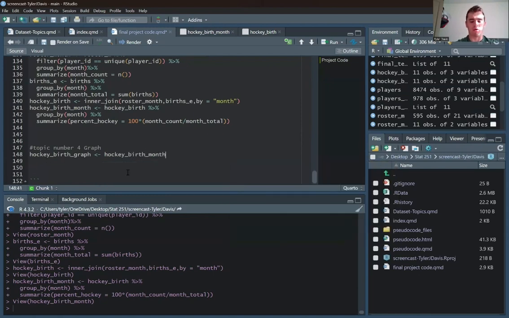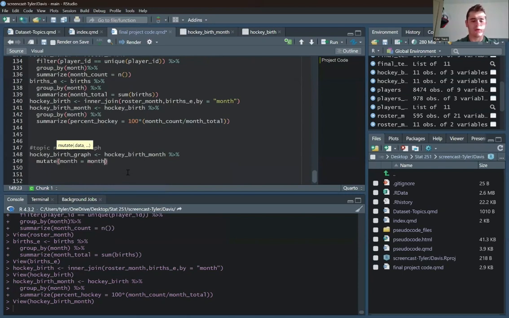Birth month. And then we're going to pipe off this. And then from here, we're actually going to do a little mutate statement. And why? Because really what I want to do is make these month numbers. I would love to make them words. So what I'm going to do is mutate my month statement